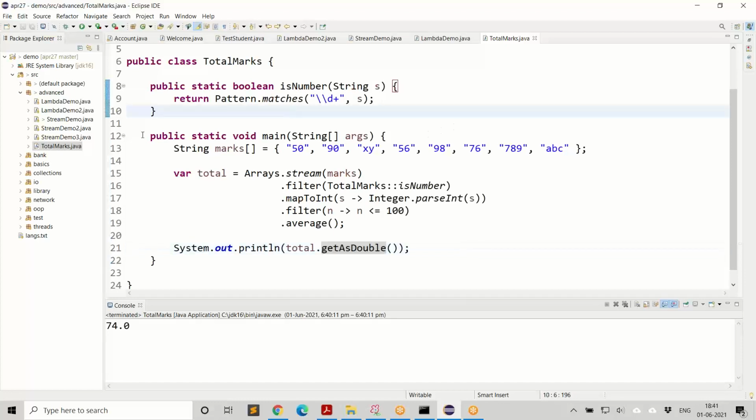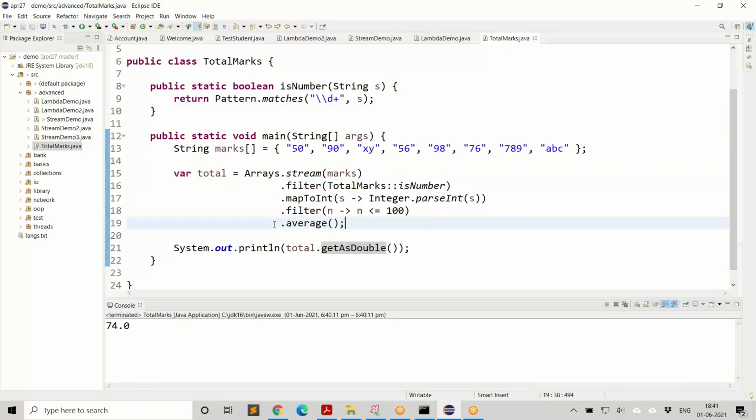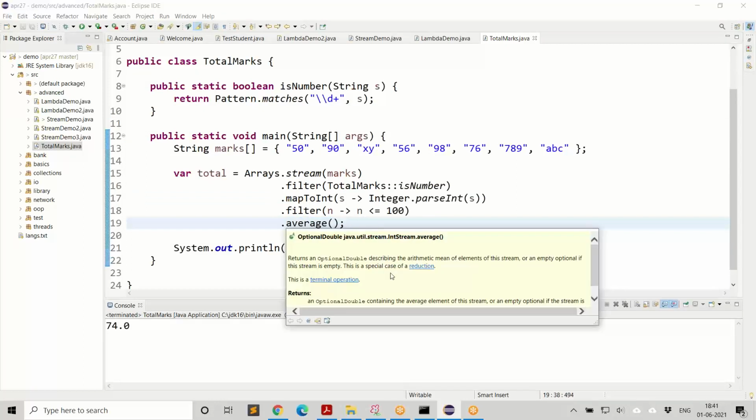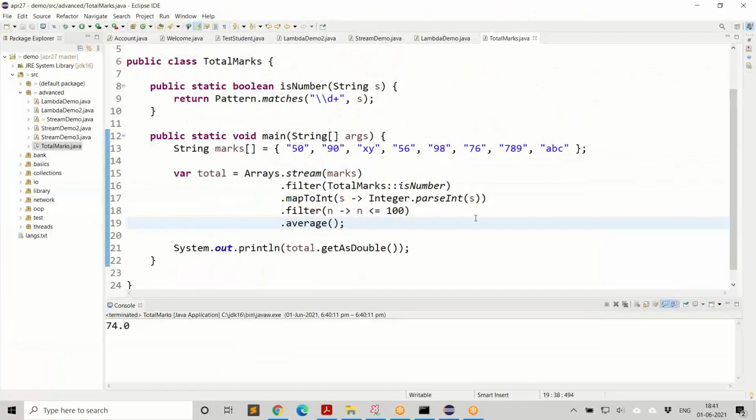So this is how you can create a stream and apply intermediate and then terminal operations. And average is a terminal operation. You can clearly see that here. It is a terminal operation because it gives you a value. It doesn't give you a stream. So that's about how to make use of streams.